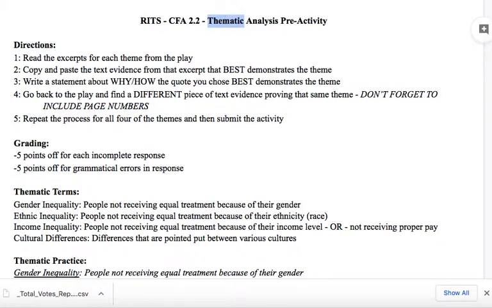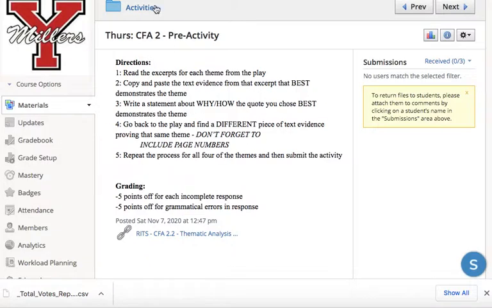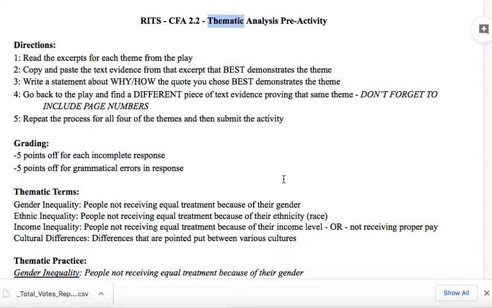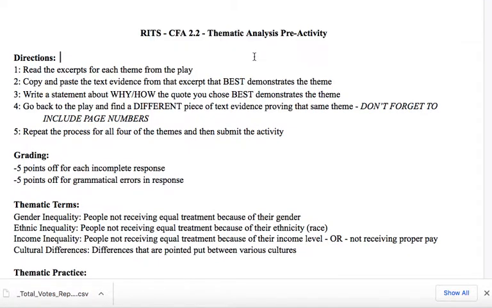Don't forget also that within your purple folder in our class, we have all of your final requirements for both CFAs and your summative available so you can reflect on those in terms of what you need to do and how you're going to be scored. So, back to CFA 2.2. We have the thematic analysis. Remember, thematic is just a fancy way of saying what's the theme. Analysis is a fancy way of saying that we're going to take something big and break it into something small in order to better understand it. And we're going to do that using theme.